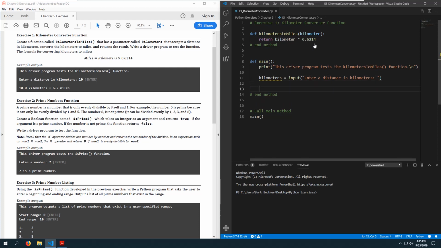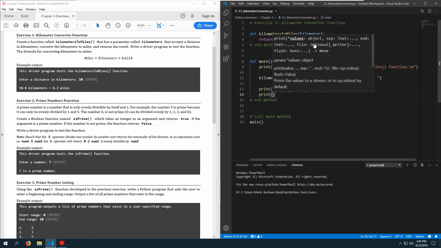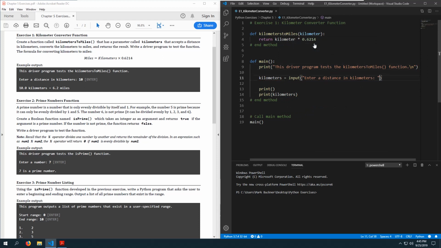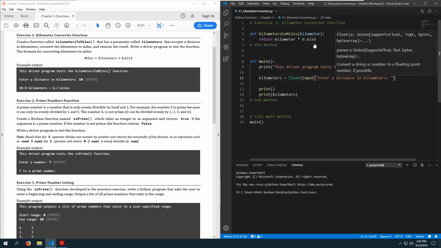And I'm simply going to do the calculations directly in a print statement. So I'm actually going to do an empty print function first, and then I will do kilometers. Speaking of which, I do need to convert the input here, which by default the input function returns character data or string data, and I wanted to convert it to a float. So I'll put the input function inside the float function to convert it to floating point values. So we'll output kilometers and then the word kilometers